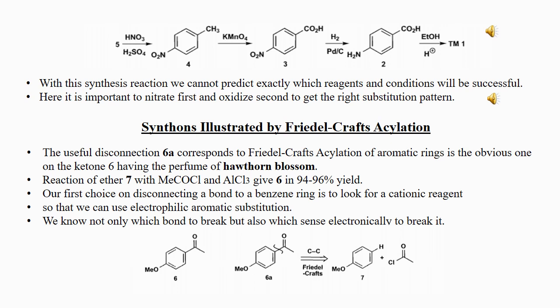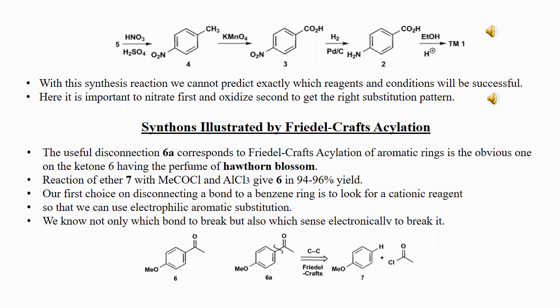So this is the first one: the useful disconnection 6A corresponds to Friedel-Crafts acylation of aromatic rings, the obvious one on the ketone 6 having the perfume of hawthorn blossom. So here the example of 6 is given, and thinking about Friedel-Crafts acylation, this disconnection will take place. Reaction of ether 7 with the other reactant, acid halide, and aluminium chloride will give 6 in 90 to 96% yield. This is an actual reaction. When these two, 7 and acid halide, react with each other, 6A is produced. Our first choice is